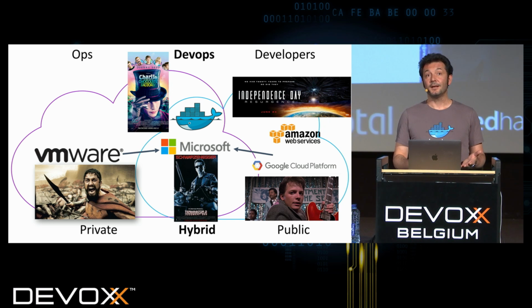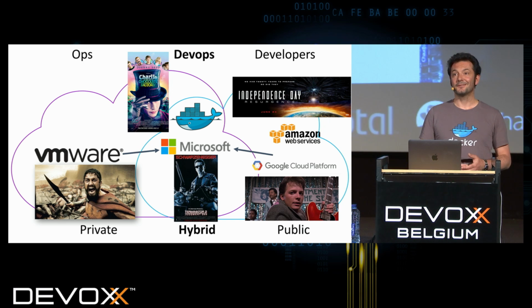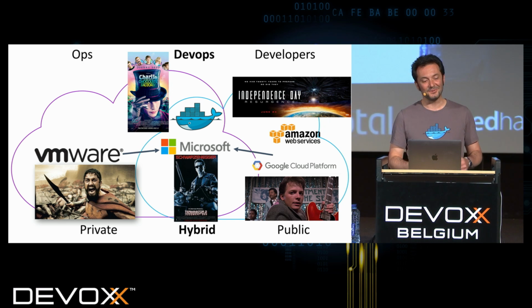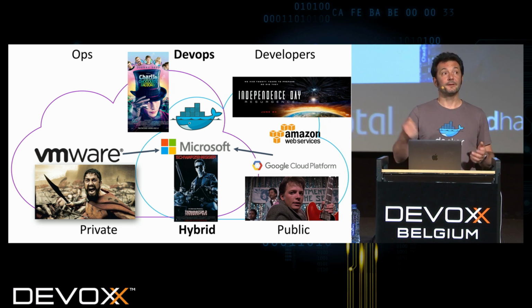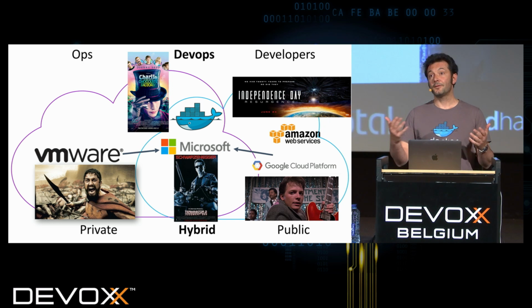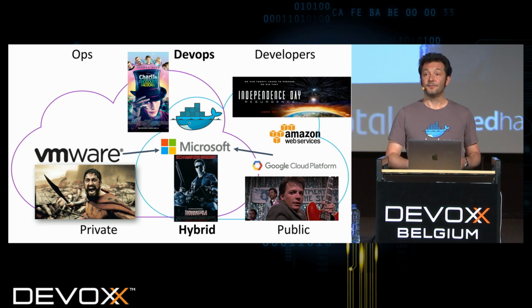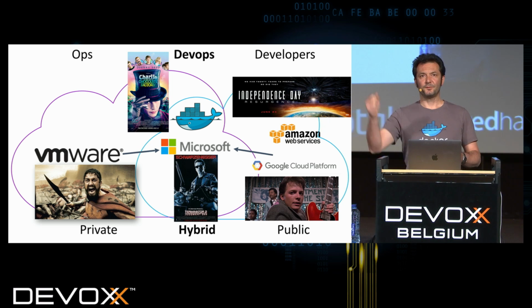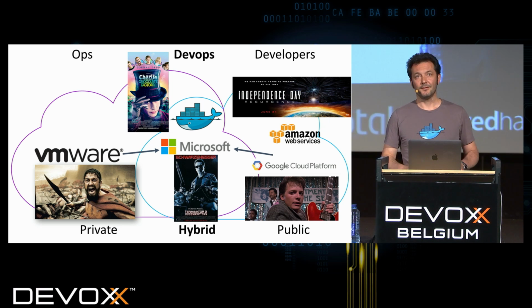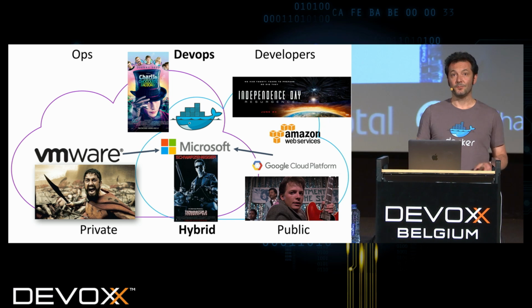To me, VMware is like the movie 300. I don't know if you saw that movie. It's a pretty cheesy movie, but it's fun to watch. It's about 300 Spartans who resist an army of 100,000 Persians, and they're very courageous. They shout in battles, they shout Sparta, they're very strong, and they resist very valiantly, but at the end they all die. So to me, that's how I see VMware.